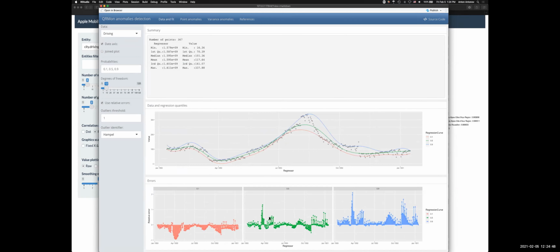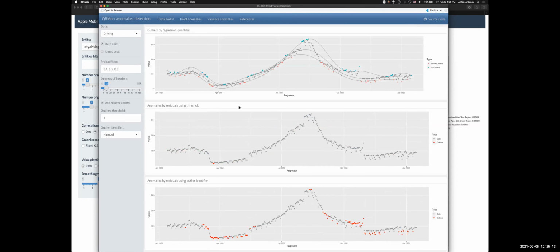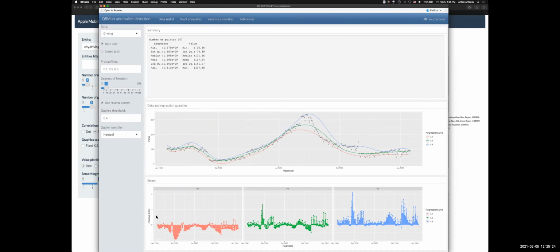What is more interesting is that I'm basically looking into these errors. These are the residuals. I'm subtracting. In some sense, you can say that these plots here are the signal being detrended. So I'm subtracting the values of the points from the actual curve. And now I'm looking for outliers here, or I can specify a threshold. So if I specify a threshold 1 for this particular case, I should see these points. If I decrease my threshold, I'm going to have more outliers. Again, 0.4 is somewhere here, so more outliers were being presented.